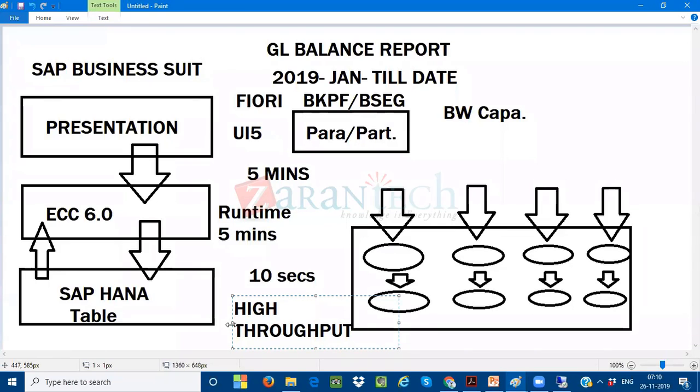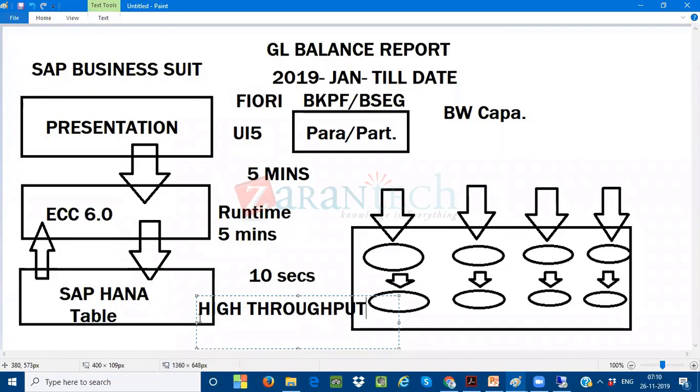See, I'm not going to go more into the technicality, please, because we are the functional people. How this throughput works, we are not going to discuss in more technical detail. That acceptance will be done by your basis consultant, not from our side. So I can tell you how exactly it works. That's all. Okay, so now we are going to have very high throughput.